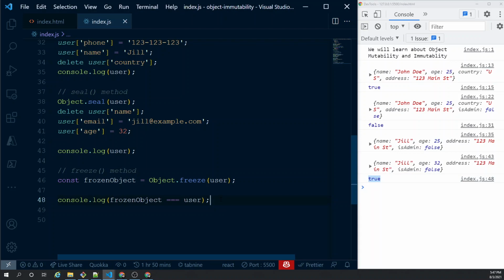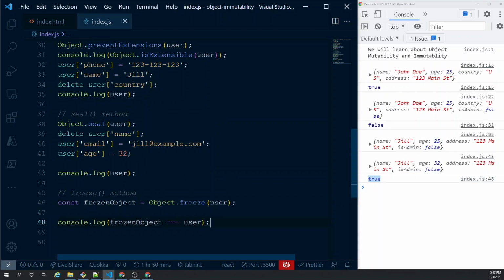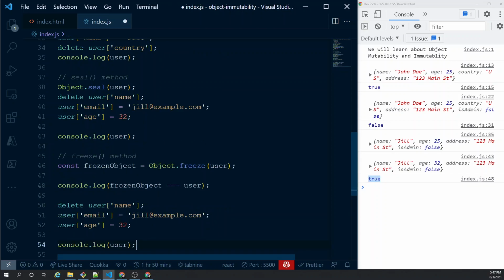So let us try to do exactly the same thing, right? Whatever we have done with the seal method, but this time we are going to do it with the freeze method. So we will change this 32 to 42. We are trying to delete a name. We are trying to